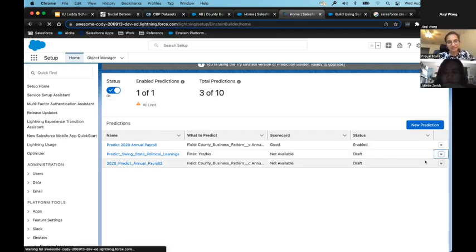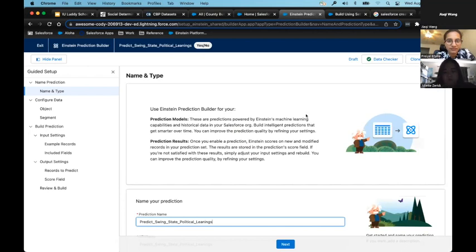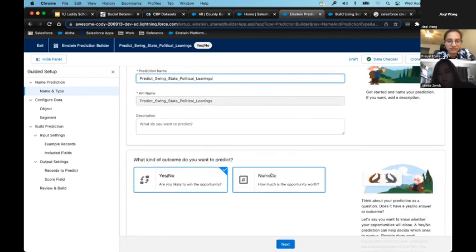And so I do just want to jump in there really quick, because there's two types of predictions we can create, as I mentioned earlier. One was the numeric or linear that we just did, right? And the other one is what category does this data fall in? And so this is where we're using what's known as binary classification, or what's here listed as yes or no. And so what we did here is